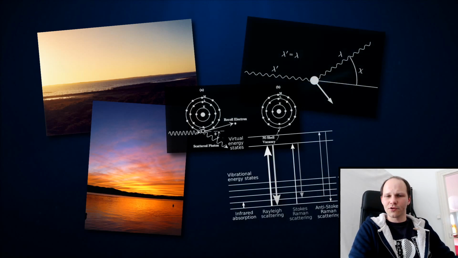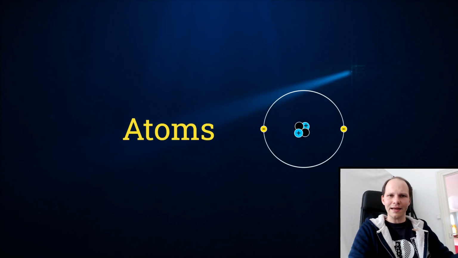The more energy a photon has, the more mayhem it causes. But I'm only going to talk about a certain kind of interaction between a photon and an atom. Atoms, like you know, are the little bricks of matter. They are made of a nucleus with protons and neutrons, and electrons orbiting that